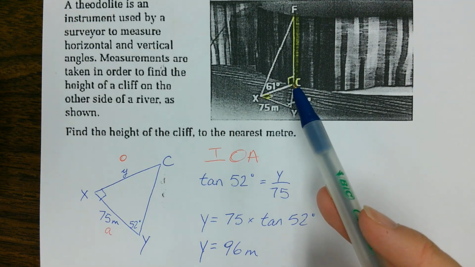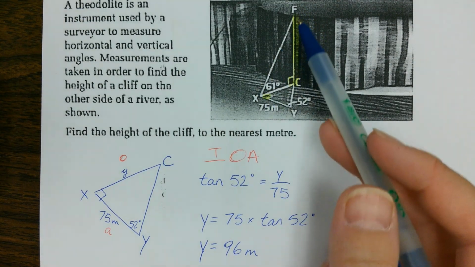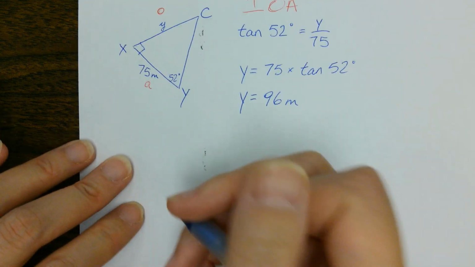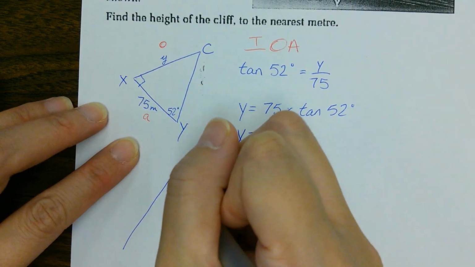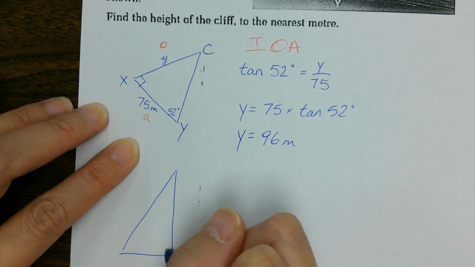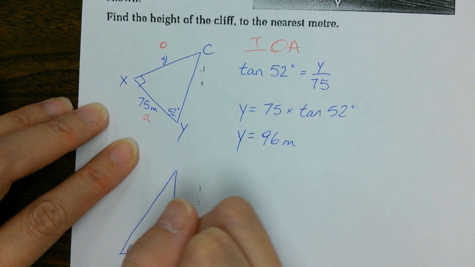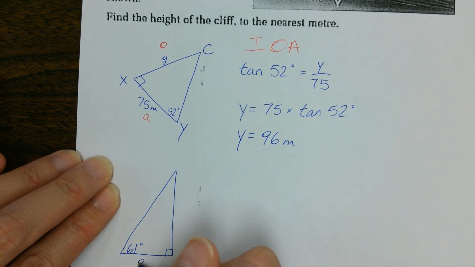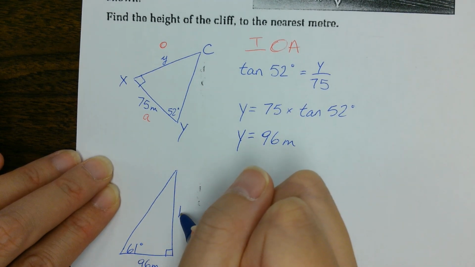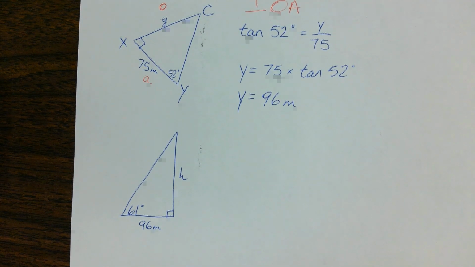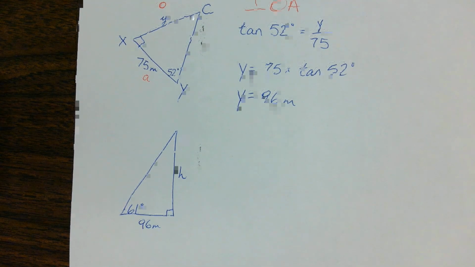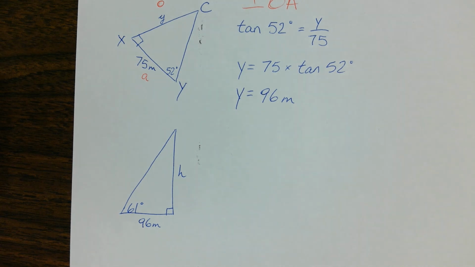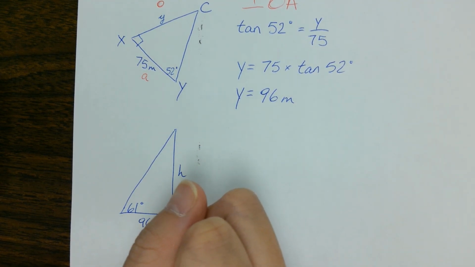And with that information, I can use it with the 61 degrees to figure out the height of the cliff. So these word problems are not that much harder. It's just that you have to do SOHCAHTOA twice to figure out to do that. Okay, we just solved for the 96. And now we're finding the height. Opposite, adjacent,